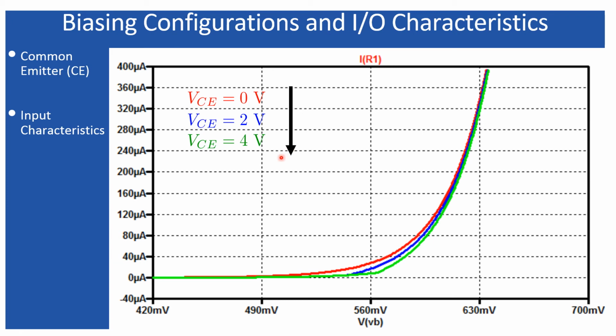In the last case, due to the base width modulation, the effective base region gets reduced. As a result, the chances of recombination also get reduced, and more minority carriers coming from the emitter terminal were reaching the collector, and that was increasing the emitter current and the collector current.